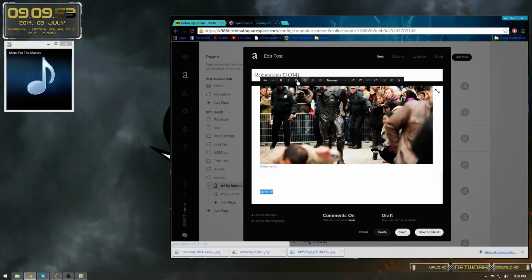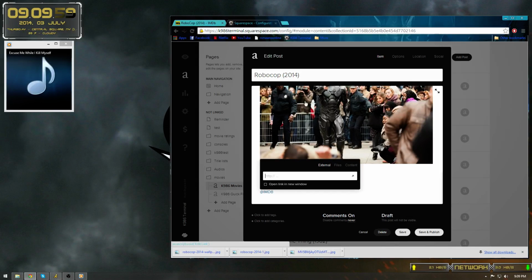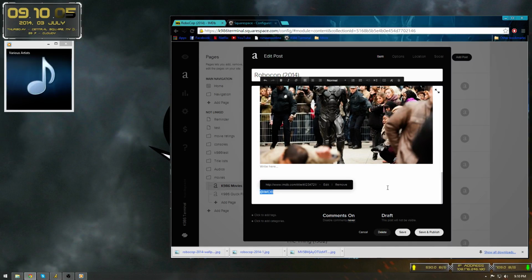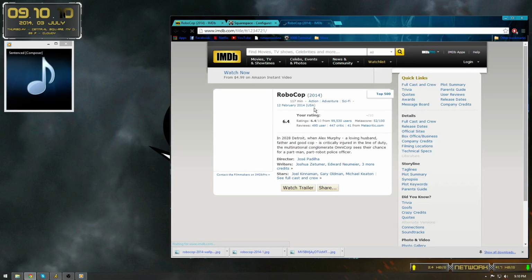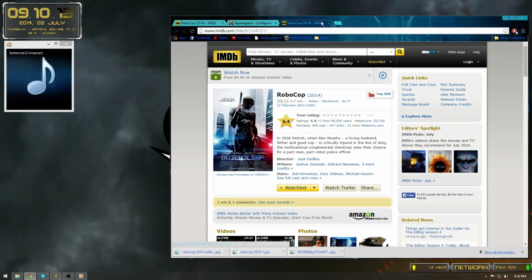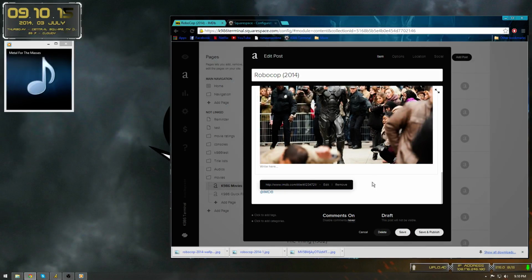I'll come up here in the text menu that popped up for dealing with text, and I'm going to click this little hyperlink symbol, paste my address in there for IMDb, cause it to open in a new window, and there it is. Now if I come back to this and click this, I can easily get to IMDb to figure out whatever kind of information I need to find out from the movie, which at this point is